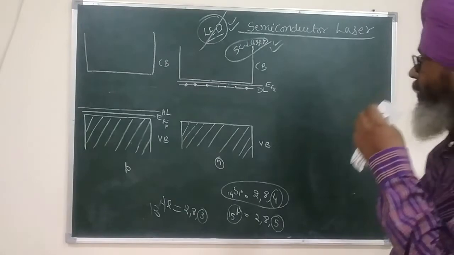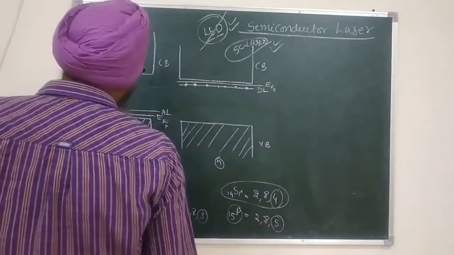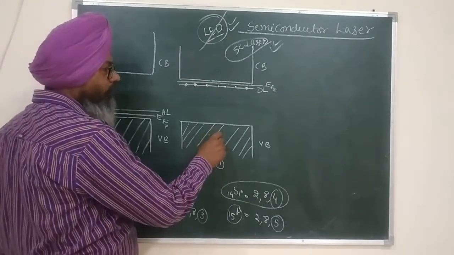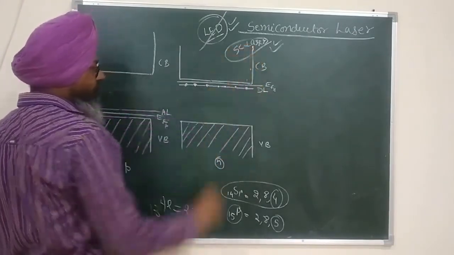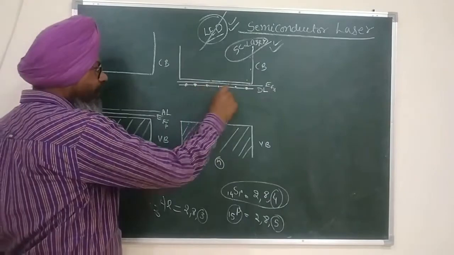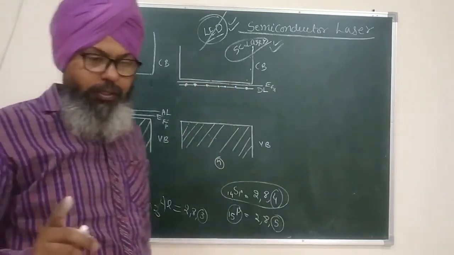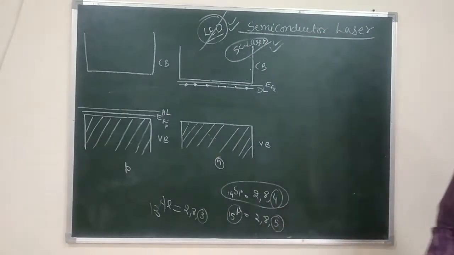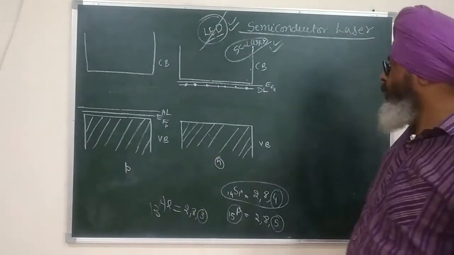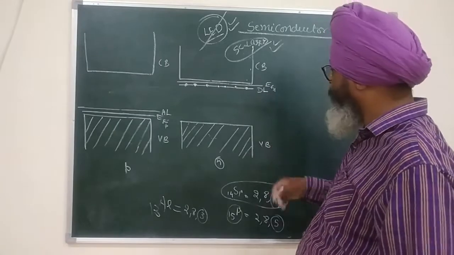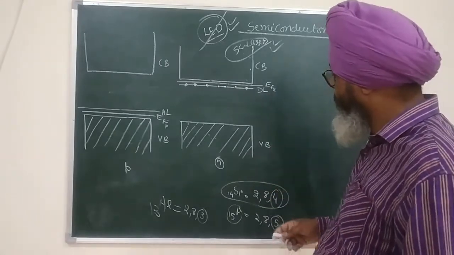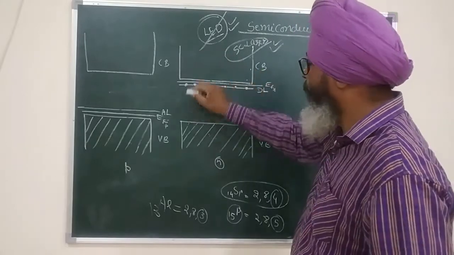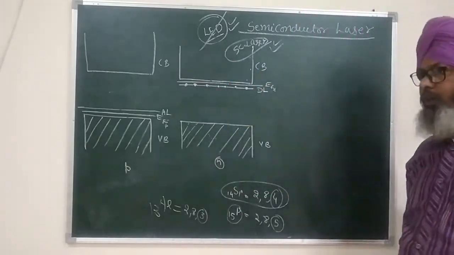Now, you can see that this is a band, the valence band. This is a band, the conduction band. However, this donor level is a sharp level. It contains only a single energy state. It could easily be questioned why this is a band and this is a band, and why the donor level is not a band. It is just a sharp level.